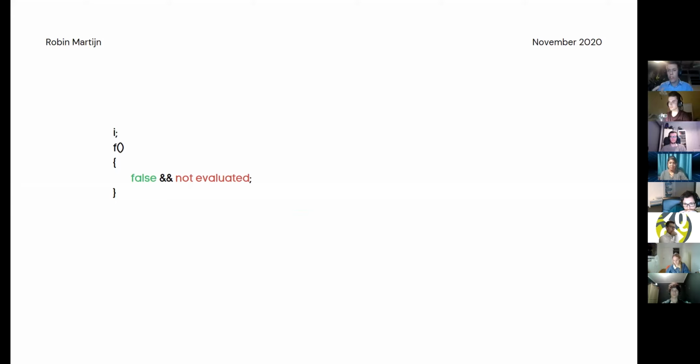So there's no reason to evaluate the second part. Whatever is behind the two end signs isn't called at all. So that's the reason the sleep isn't called eventually.